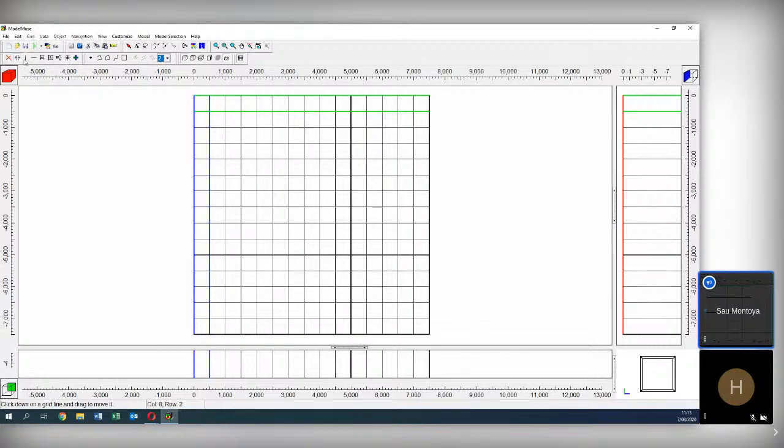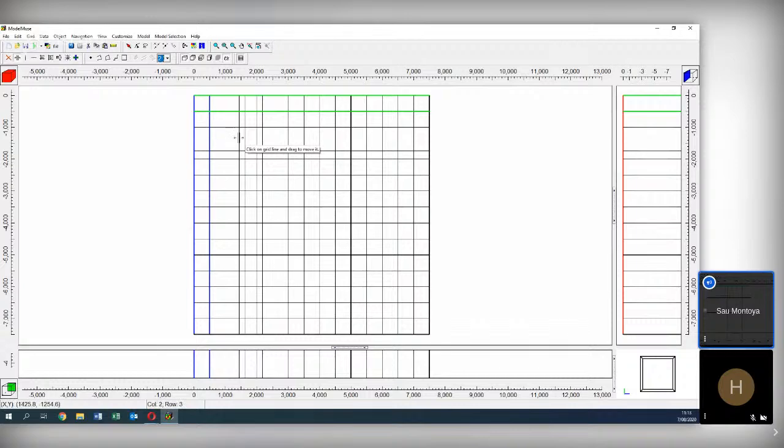Okay, so this is the delete option. If you want to join columns or join rows, you can do that, and then with Control Z you can go back to the beginning. Also, you can move a line, or you can move a specific column or a specific row. This is if you want a cell to be exactly there. For example, if you have a well here, you can say, I want this grid, because I'm not so interested in what happens here, I want more discretization here. You can do it manually.